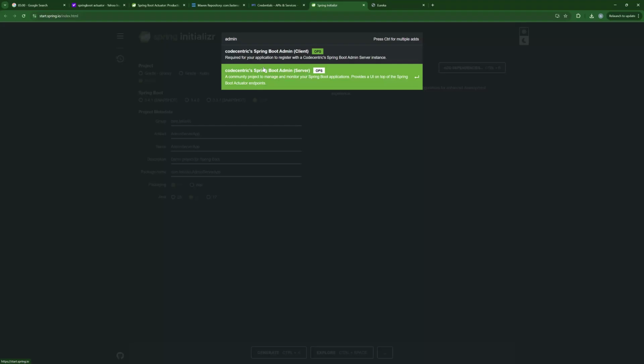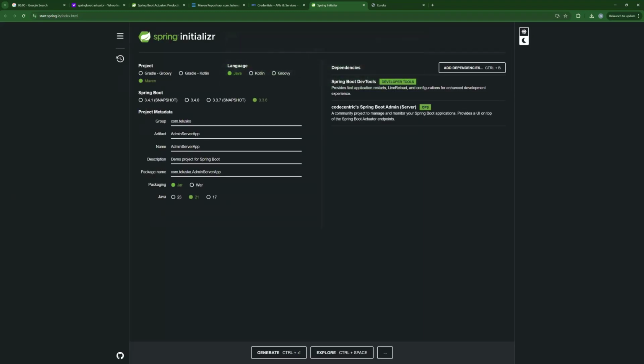And it is not from org.spring, guys. You can see it is Codecentric Spring Boot Admin Server. It is a community project to manage and monitor your Spring Boot application. Not org.spring, it is Codecentric, a community project to manage and monitor your application. I would like to add this. And as you can see here,